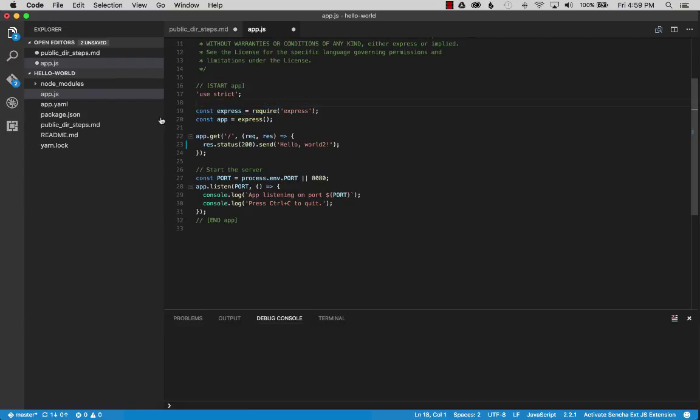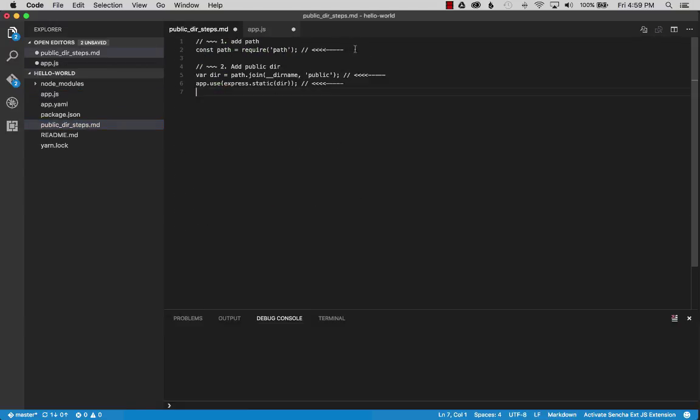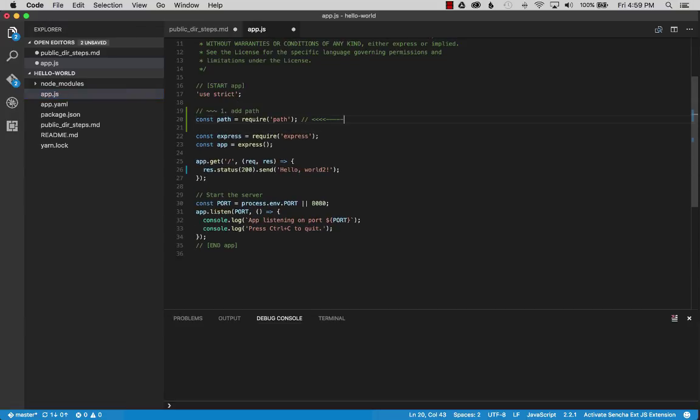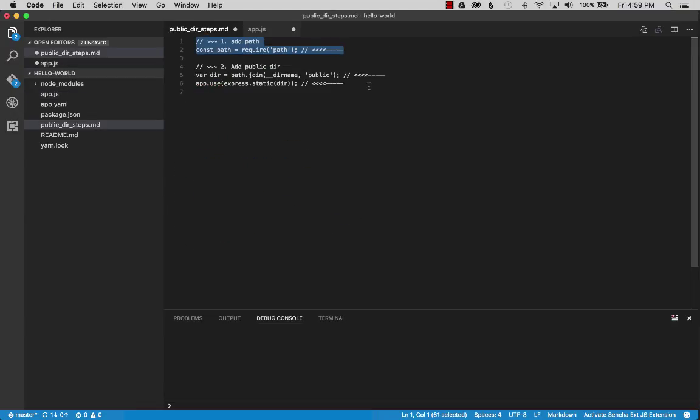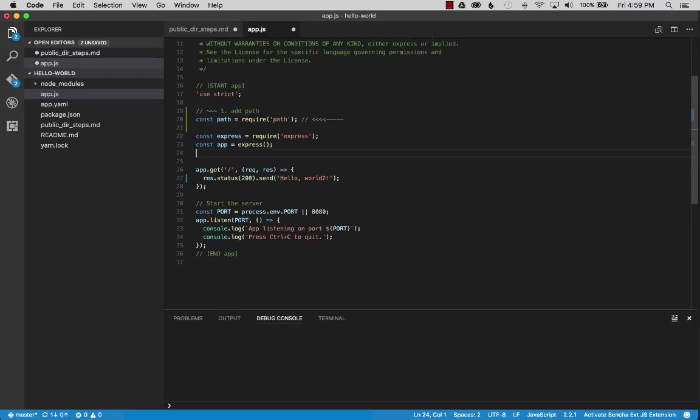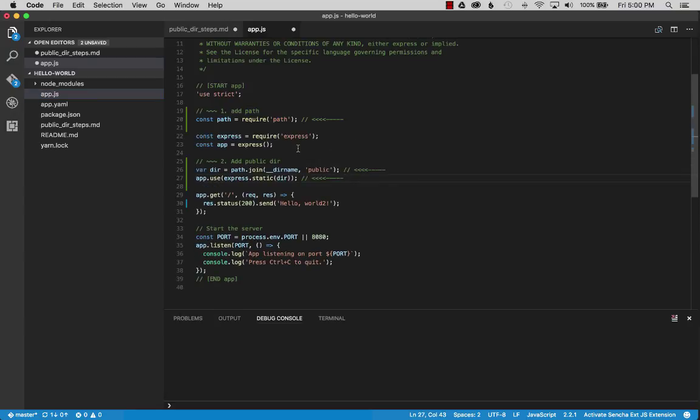And what I want to do is, I've got the steps already marked out. So I'm going to copy the first step, and that's the path definition. And so I'm going to go to the app.js and add the path. So now that I have the constant path, I'm going to go to the next step and copy that. And so I'm going to copy this and go back to the app.js and paste that in after my definitions